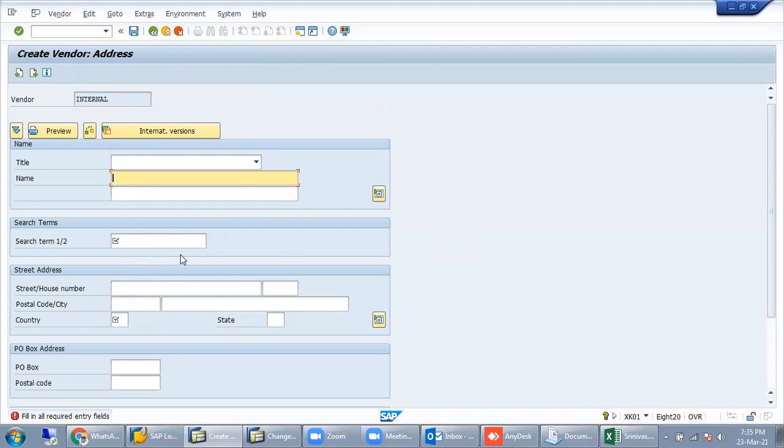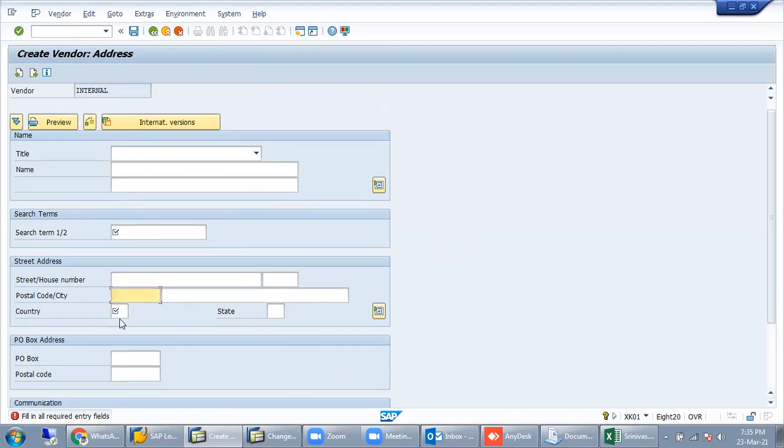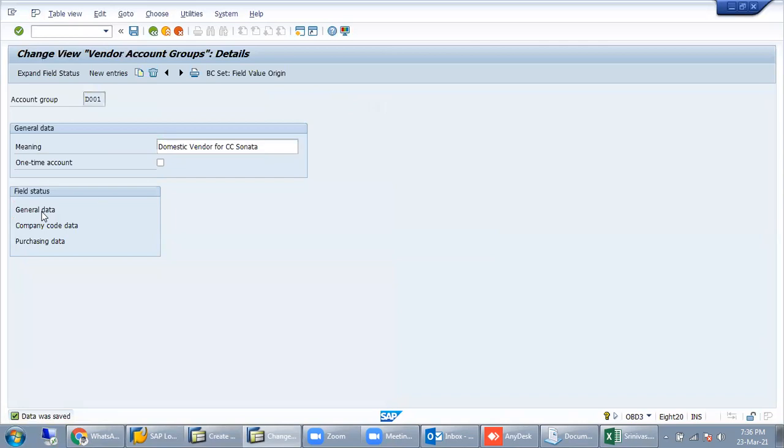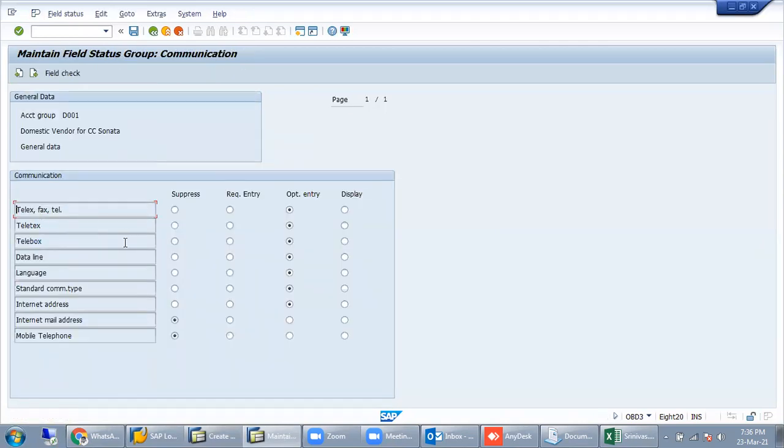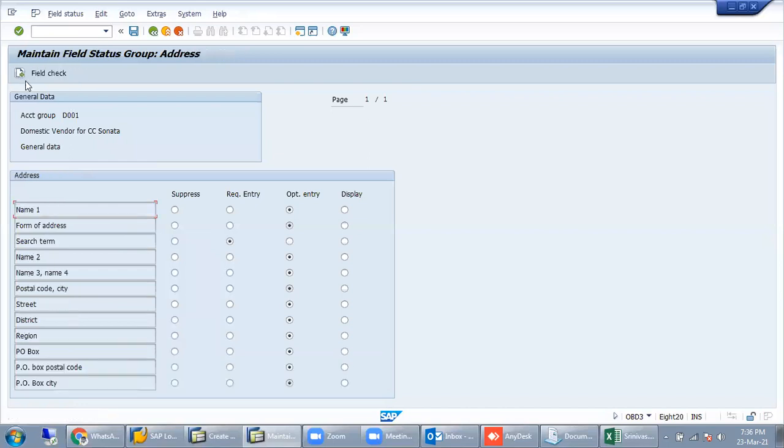Suppose the postal code and the country code, I did not require, I did not want to put the postal code. I want to hide that field, completely hide this line. Then what to do? Go to the general data, address data.